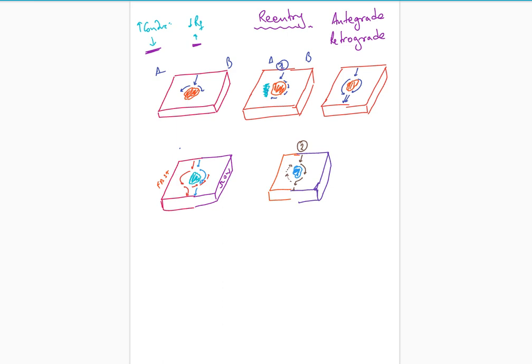Got it? So these are the three prime causes that we discussed about tachycardia. So we have now understood what is increased automaticity, what is triggered automaticity, and what is re-entry. So I won't torture much. If you have understood the reasons, then we will talk about the types of tachycardia.